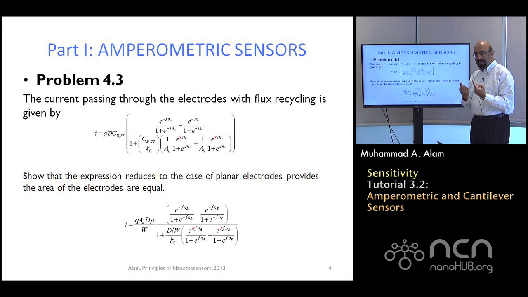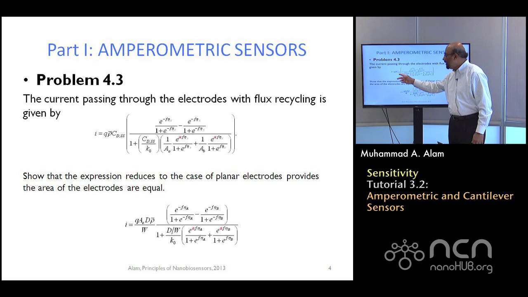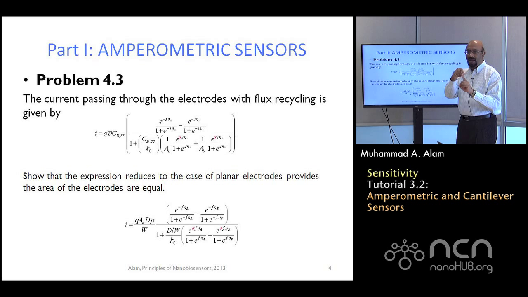And you remember that when the redox reactions were going on between one electrode and the next, the important point was that between two electrodes, for example, we got CDS in this expression for arbitrary geometry. If you have a cylinder, then you have to write the corresponding diffusion equivalent capacitance associated with the cylinders. If you have two spheres, then you have to write the corresponding diffusion equivalent capacitance of the two spheres.